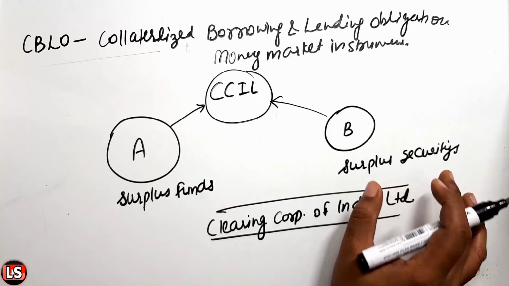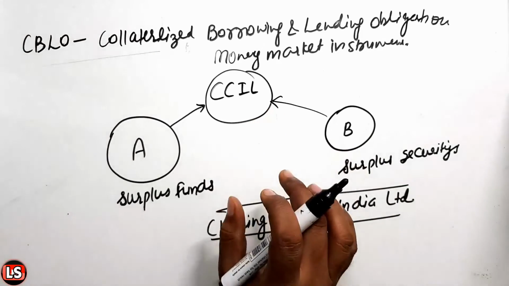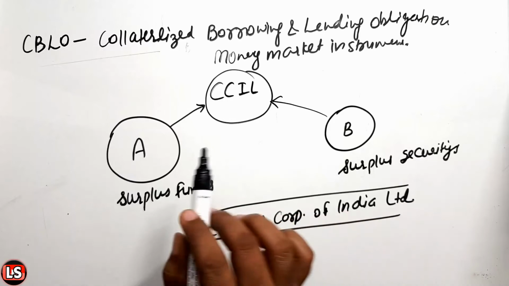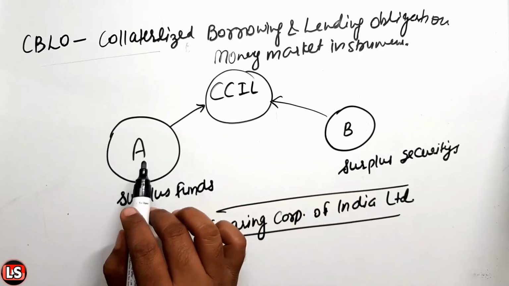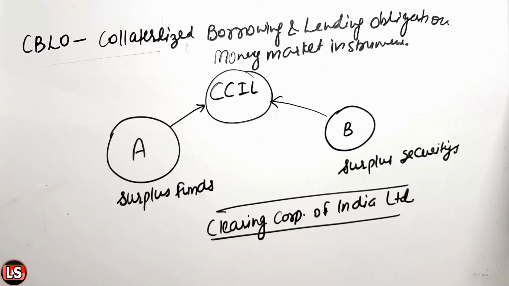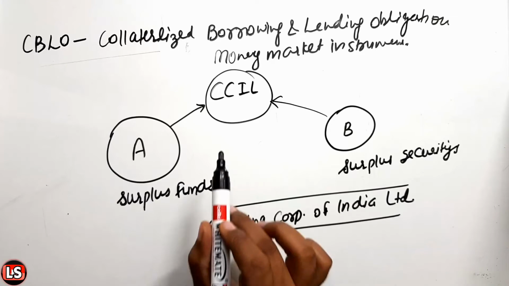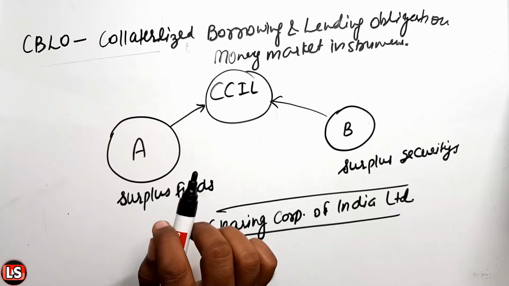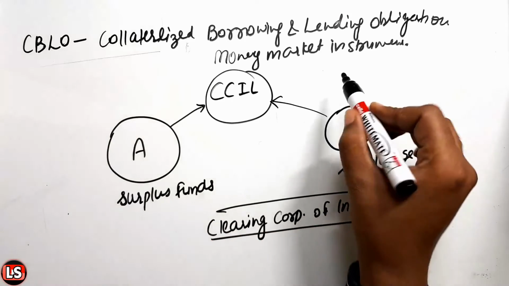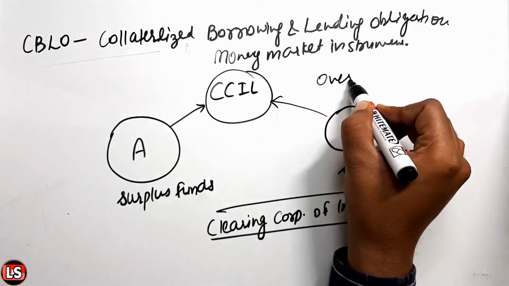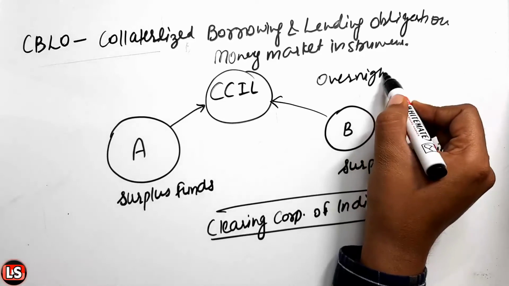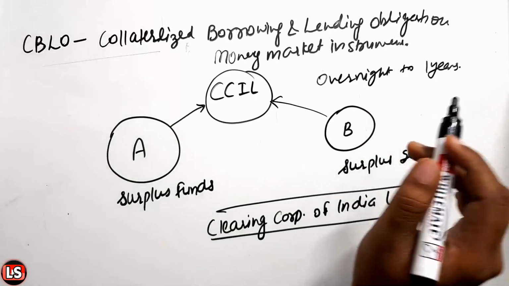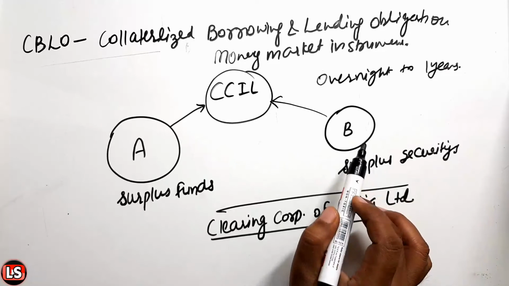So on the basis of these approved securities, if B wants to borrow, then B has to put these securities with CCIL, and CCIL against these securities will lend to B on behalf of A. Okay, and the money which is borrowed on the CBLO platform can be borrowed from overnight to 1 year. Overnight to 1 year means from 1 day to 1 year,